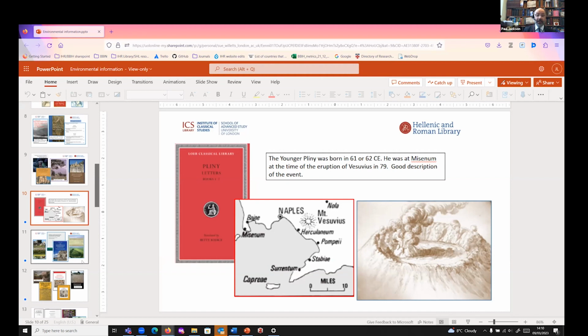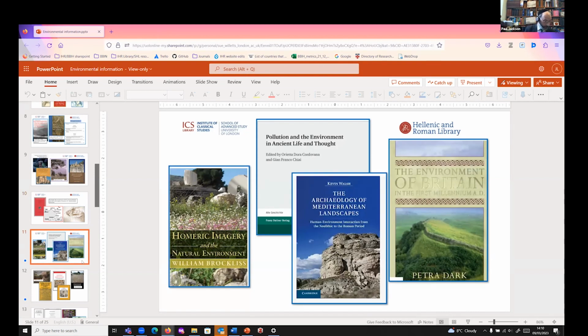On the next slide, we've tried to demonstrate how the environment intersects with many of the collecting areas of the library. The first item, for example, is Homer and the natural environment. In the middle, you'll see pollution and environment in ancient life and thought, which we would call philosophy. And there are also two of very many works which we would cover in archaeology and topography. Moving to the next slide,